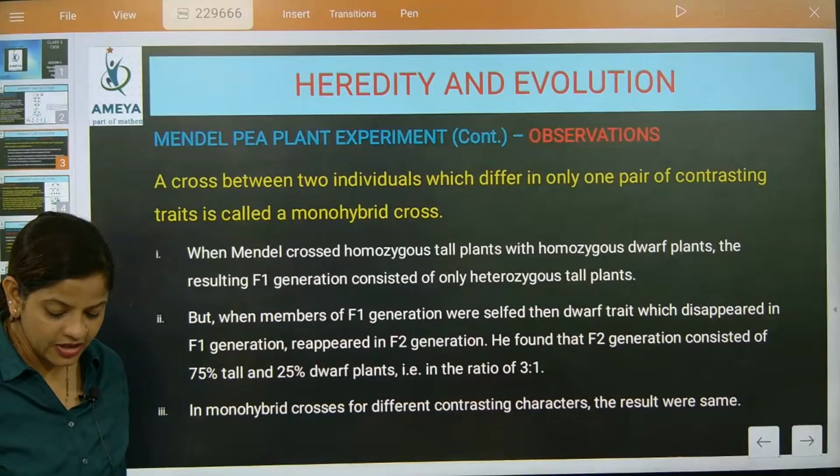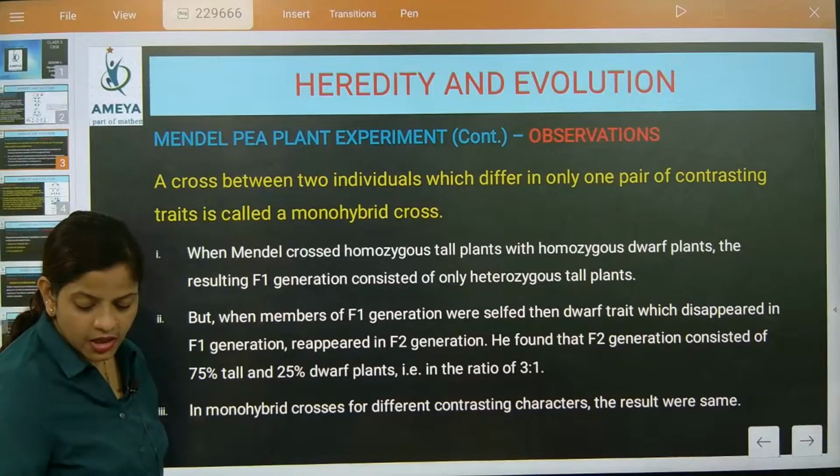So now look. So when somebody will be asking you this contrasting character,